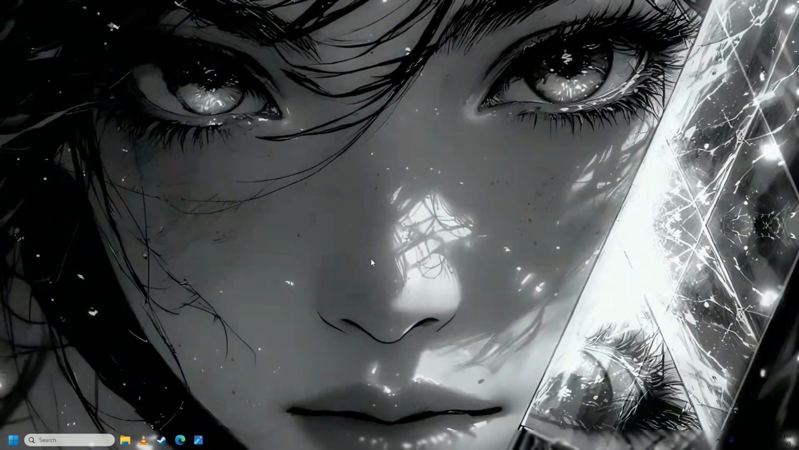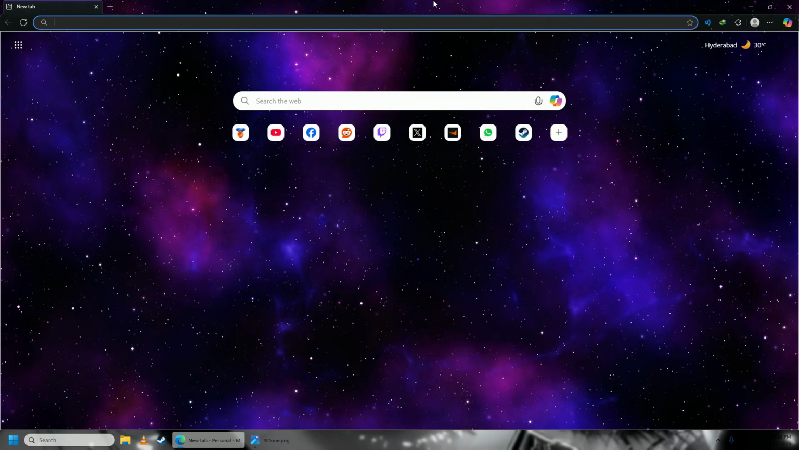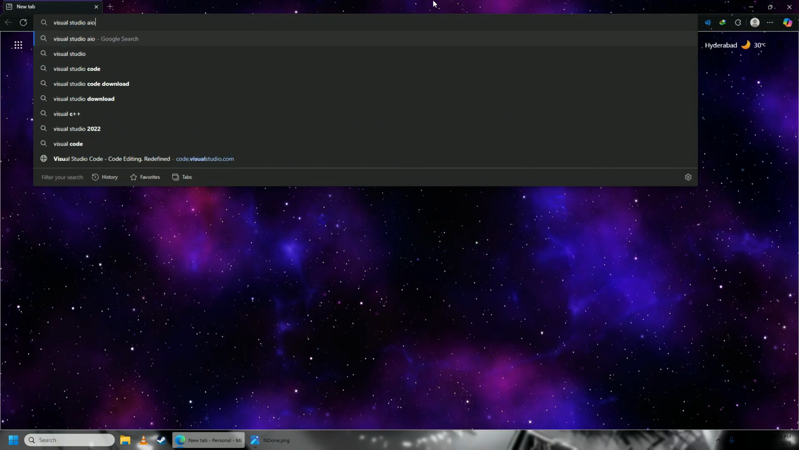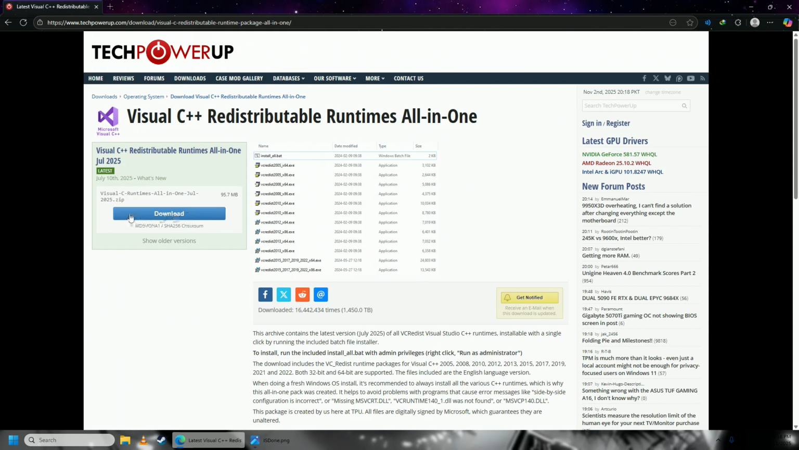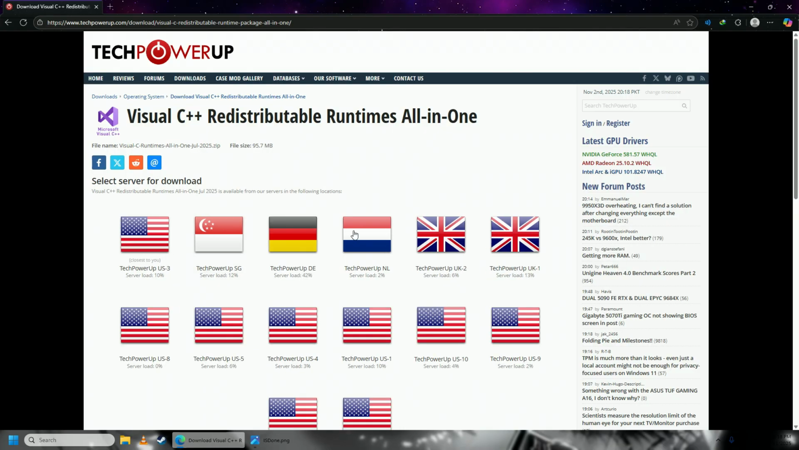So the first thing you're going to do is open up your web browser and search for Visual Studio AIO. Just click on this link from TechPowerUp, download this software, select any server,